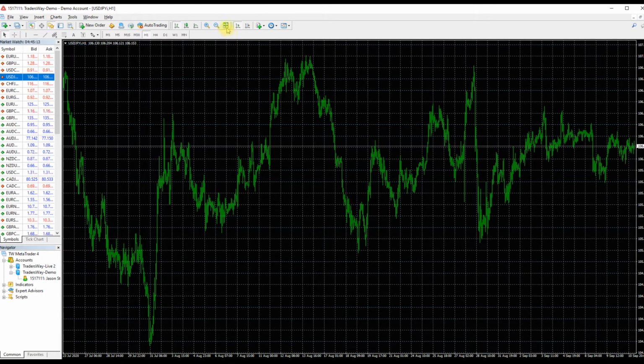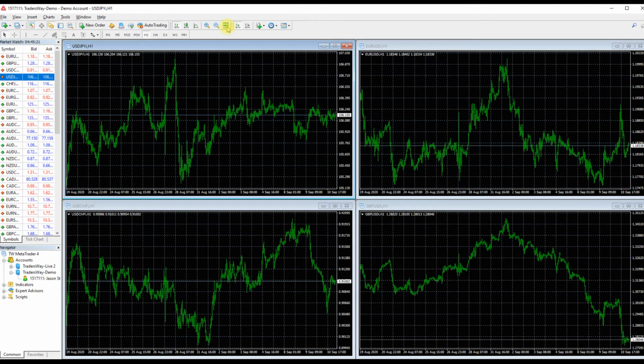All right, so let's go to this button right here, which is the arrange windows as non-overlapping tiles. So it puts everything side by side. If I only wanted to look at these currency pairs and I wanted my chart or my platform to be set up like this every time, I could save this as a profile. So let me show you here. This button right here, the profiles button. Save profile as,